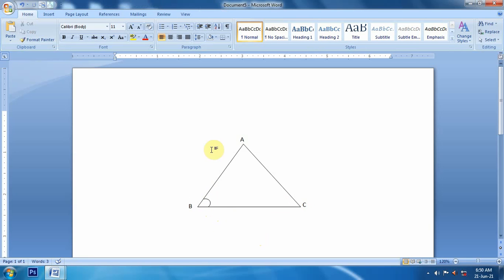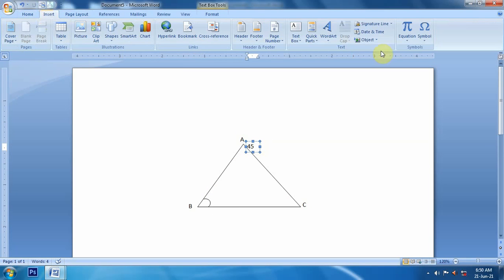Now we can write its degree also, or its angle size, like 45 degree. To insert a degree symbol we will go to Insert, and here Symbol, I will take this degree symbol and place it here like this.